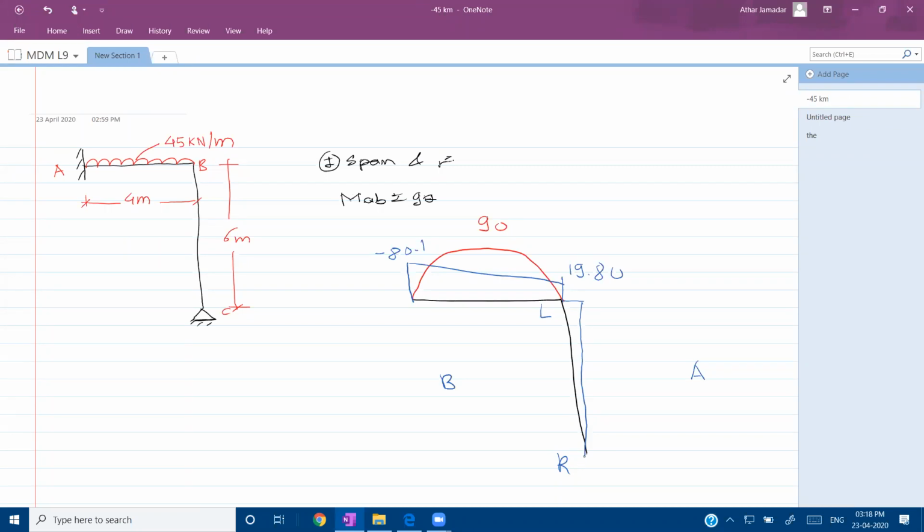So directly we have to join this like this, and whatever BMD is below this fixed support moment will be negative, above this it will be positive, negative. So this hash part is nothing but your combined bending moment diagram. So this is one very simple problem of analysis of portal frame using the MDM method. Now next we will go to our next problem.